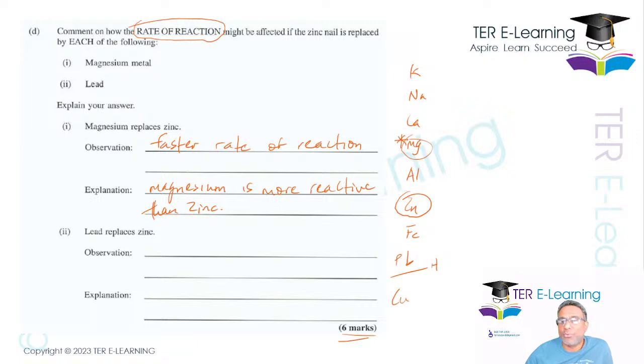Alright, so now we want to use lead. If we use lead now, what you think is going to happen? What are we going to say for that part? Some people say little or no reaction or slower reaction. Now the thing is, lead is still above copper, so we expect a reaction to take place. It just means that the reaction is going to be slower, right? So you're going to say slower reaction,